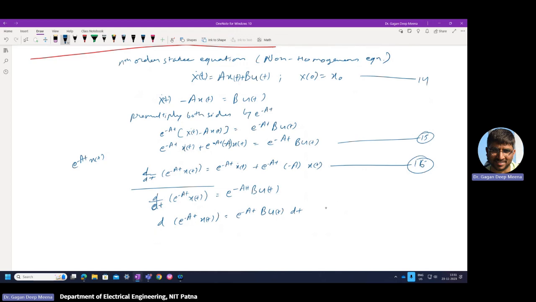If we integrate this equation number 17 between the limits of 0 and t,